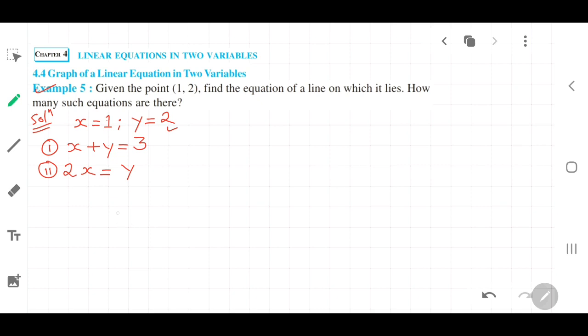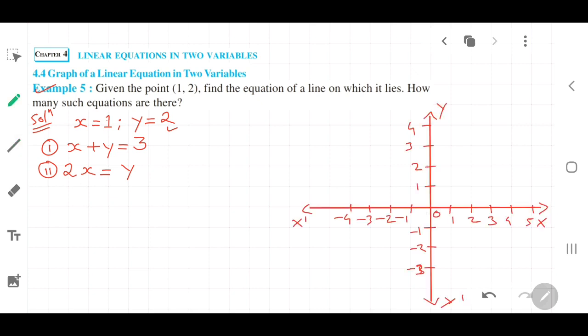So in that way, many equations you can prepare. So you have to think logically. You should know what the values of y and x given to you are, and you prepare an equation in such a way that the value of your left hand side is equal to the right hand side, and their values should be the same. Then only will it form an equation, correct? Let us represent it in graphical form.